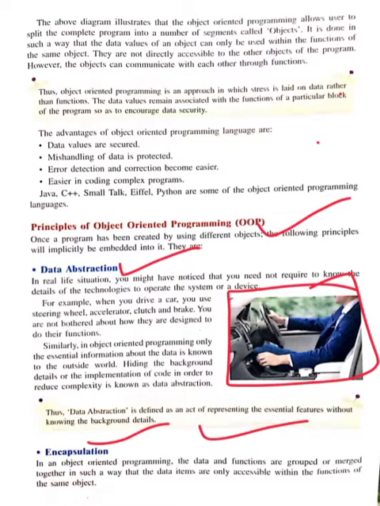Next is encapsulation. Encapsulation is wrapping up of the data and functions of an object as a unit that can be used together in the specific operation. That means that we can insulate the data. That means if we want our data should not be accessed outside directly, then we can limit that access. That means we can hide the data. So encapsulation is wrapping up of the data, that means hiding the data from others for the security purpose.